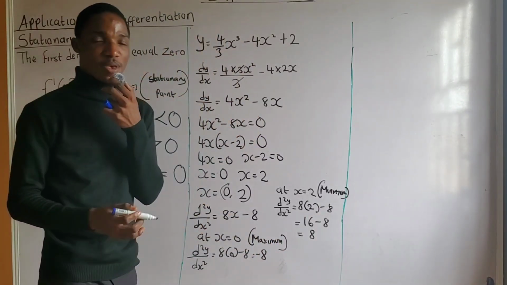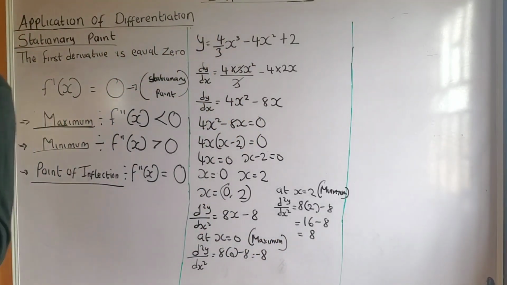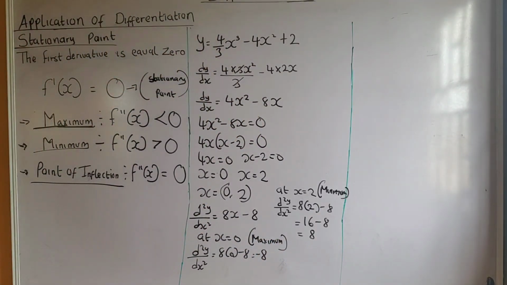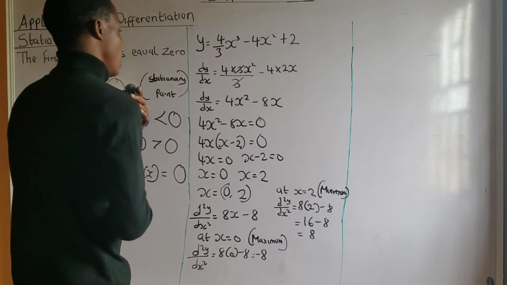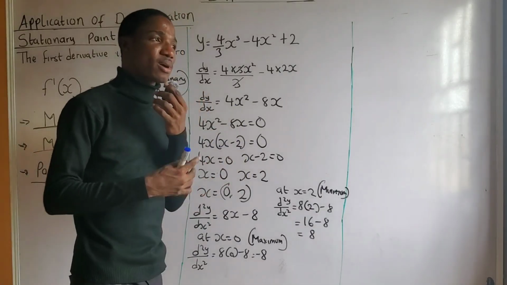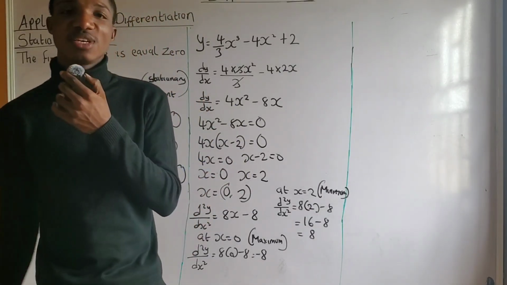Do you understand? You can see that it is simple. Okay? This is the step. Anytime you're asked to find the stationary point, differentiate the function first. Are you getting it? Get the value of the variable. And then to check whether the stationary point is maximum, minimum, or point of inflection, take the second derivative of